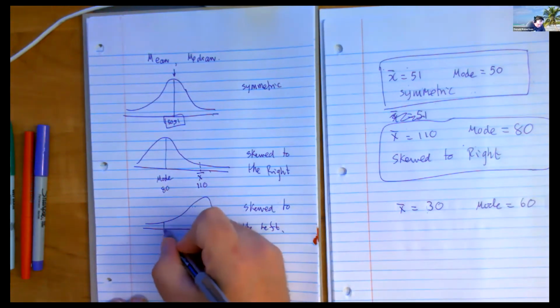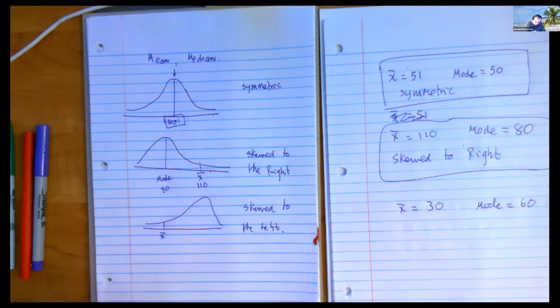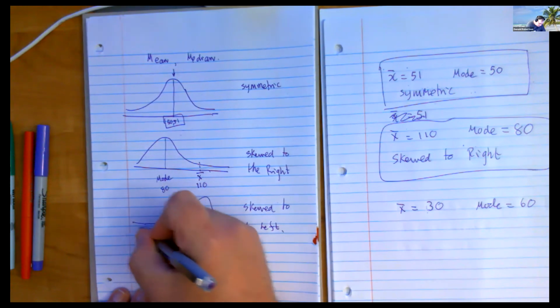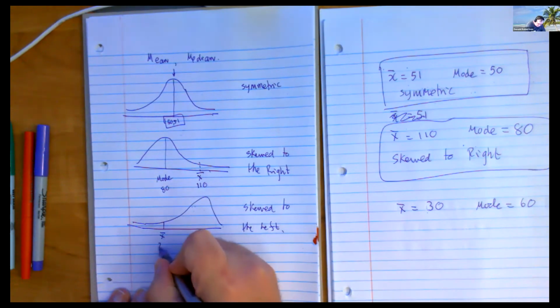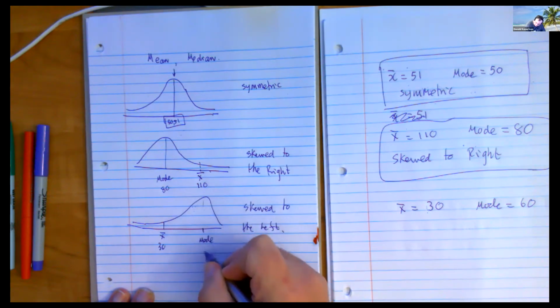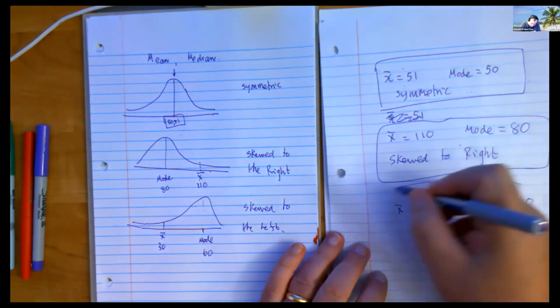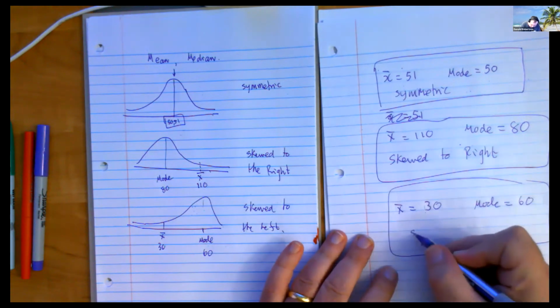In this case, then, wherever the tail is, the mean tends to get pulled towards that. Maybe make the tail a bit longer so it's more realistic. That would probably be about 30, and roughly where the hill is, that's where the mode is, and that would be 60. So if you were given very limited information,